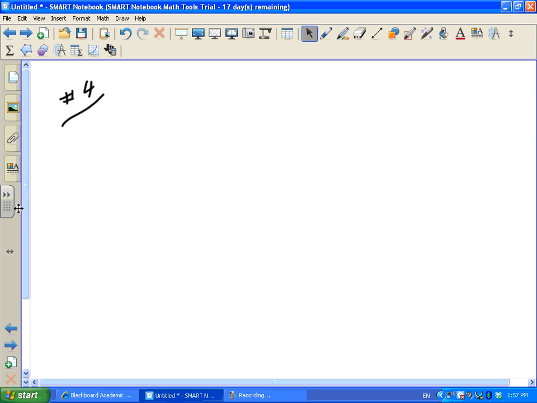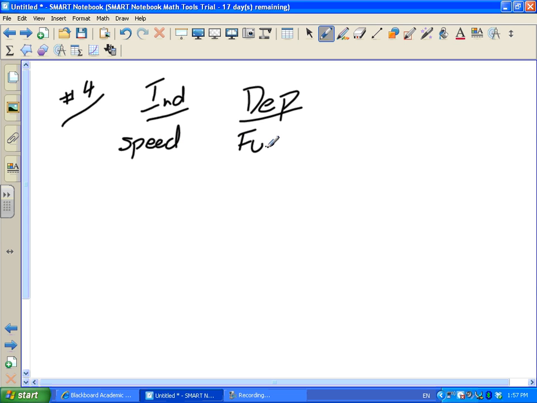Question number 4. They've given us a table, and they're comparing the speed of a car to its fuel economy. So, very first thing I'm going to have to do is figure out our independent and our dependent variable. Anthony, what do we got? Speed is our independent. Okay. And fuel economy. So first of all, speed is measured in kilometers an hour, and the fuel economy is measured in